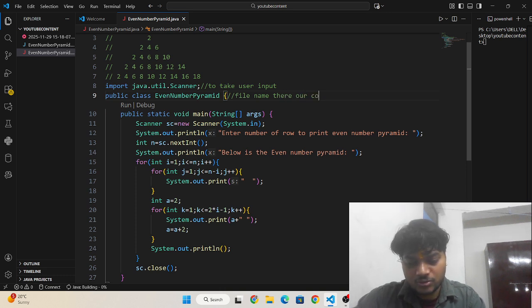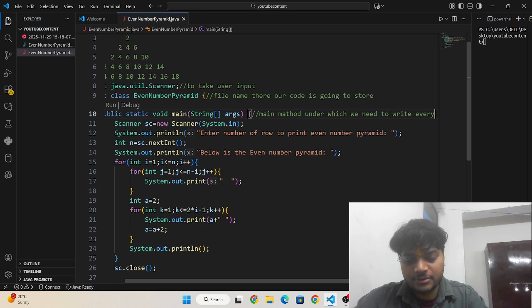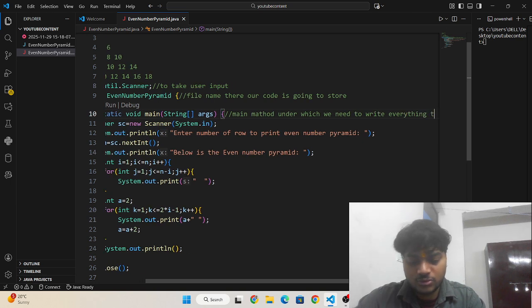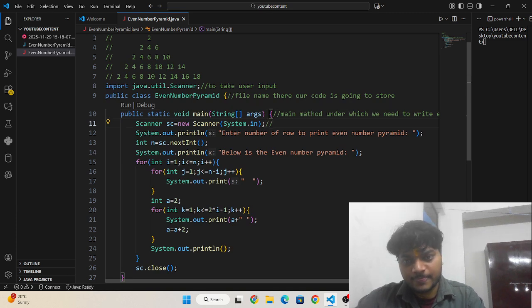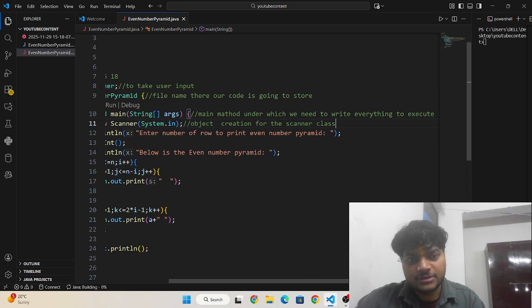Our code is going to store. This is the main method under which we need to write everything to execute it. Okay, and this is the object creation for the scanner class,